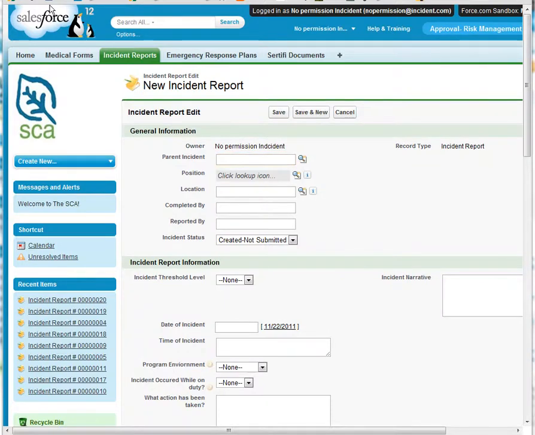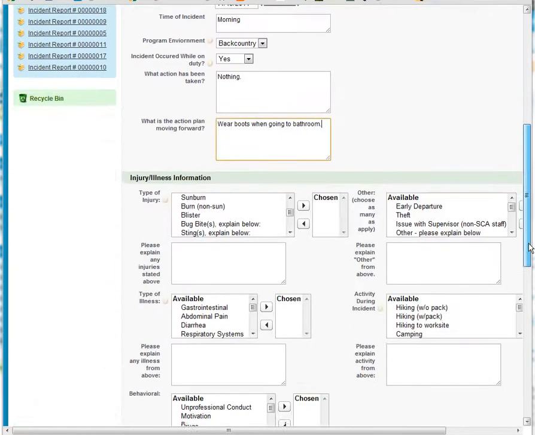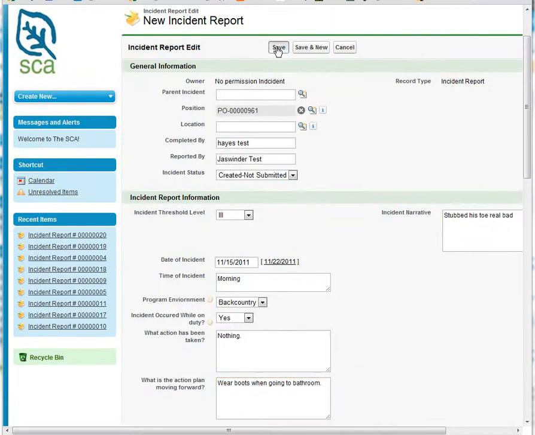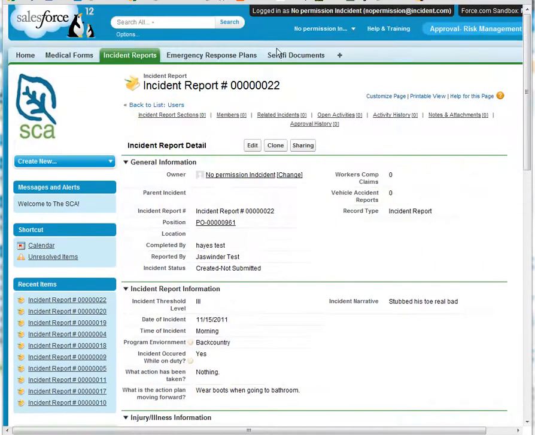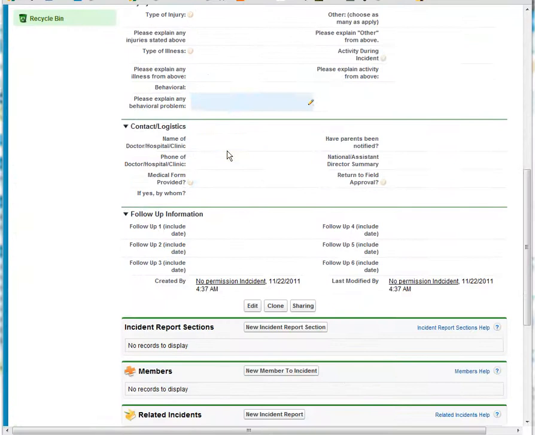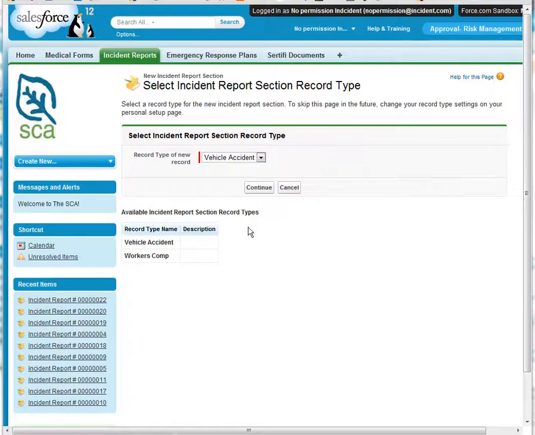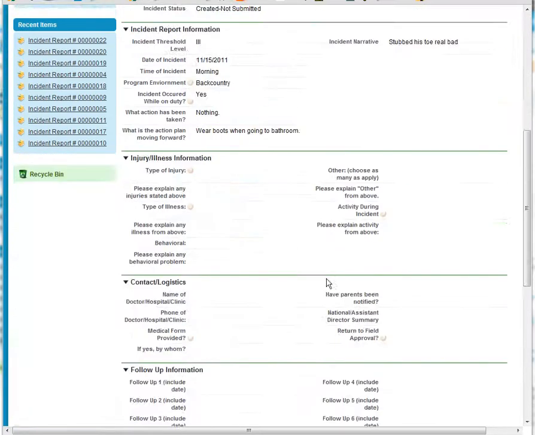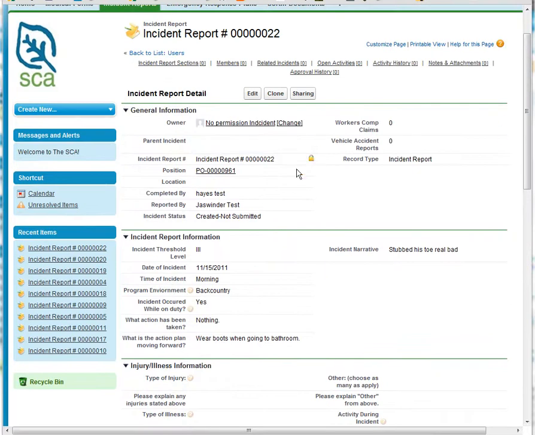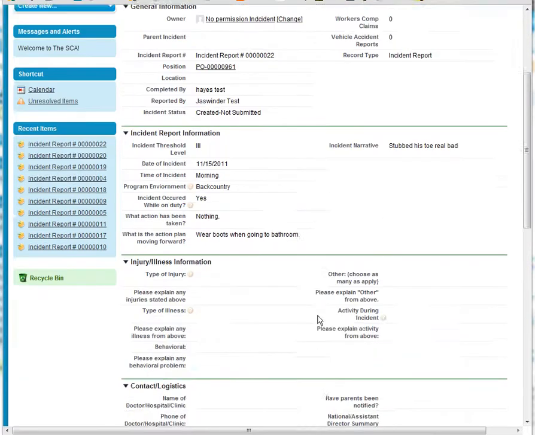All right, so you can see here I've got all of my basic incident report information. And if I click on save, I now have the ability to add another incident report section. So if I wanted to think this was a vehicle or workers' comp, I could add that section here if I wanted to. I'm not going to do that right now. But the key thing is, I'm able to edit this as long as this is what's going on,